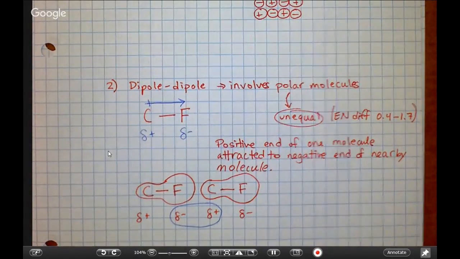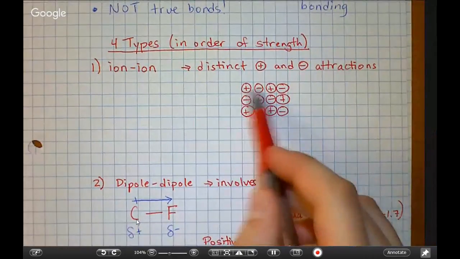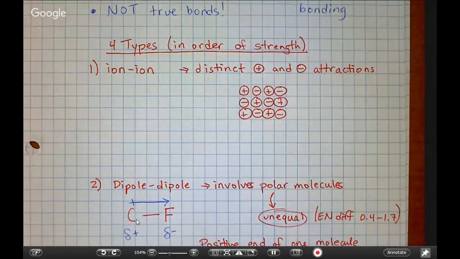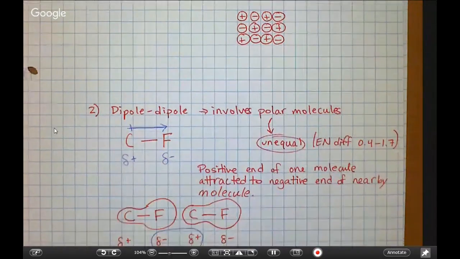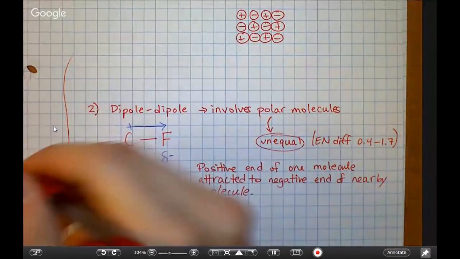So if we go back to the very beginning of the definition, we said these attractions are just that. They're attractions between two or more molecules. Okay? And for an attraction, typically it's going to be a positive and a negative. When we looked at ion-ion, we have a distinct positive and negative charge. And so the molecules arrange themselves so that it's positive, negative, positive, negative. We have those opposite charges attracting each other. Okay? When we get to things that involve covalent compounds, which is going to be the rest of this,